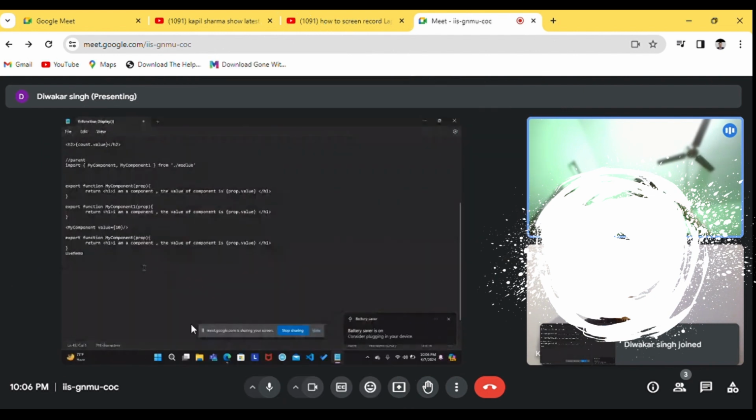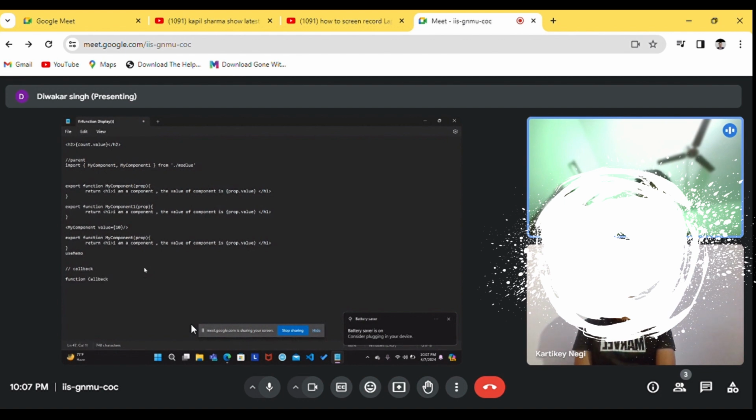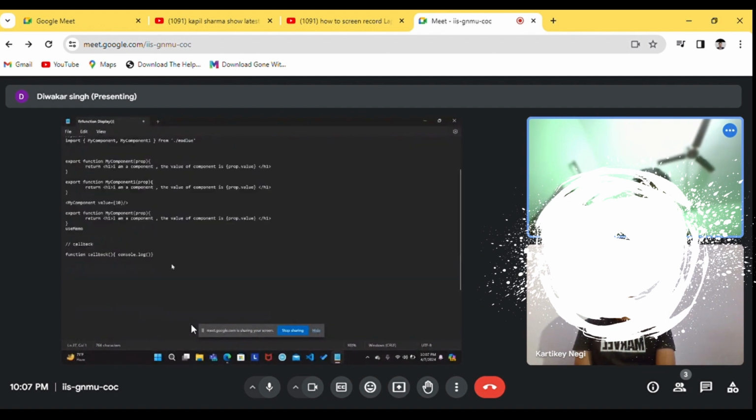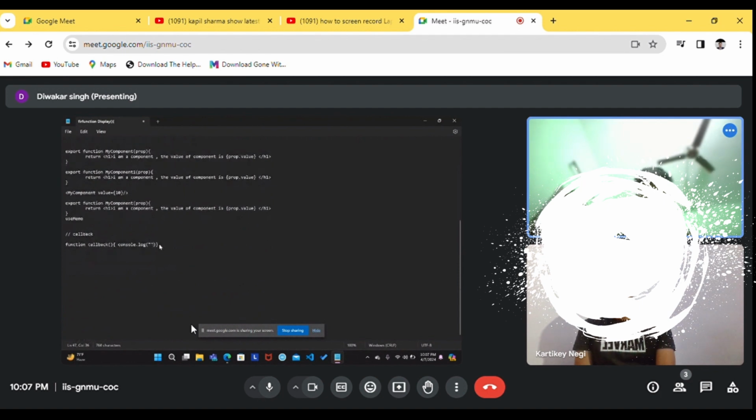Yeah. So if I talk about callbacks, callbacks are basically normal functions. I can create a function over here with the name callback, and this callback function just consoles some text.